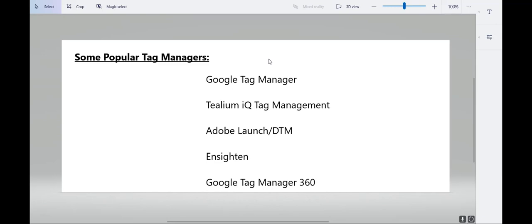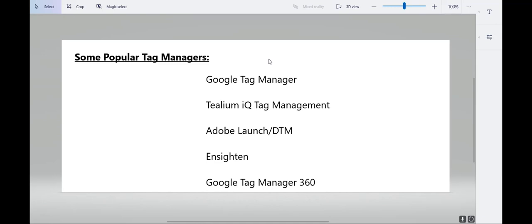We discussed what a tag manager is. It's basically a toolbox where you have all your tags as tools, and how it makes the life of both the IT person and the marketing person easier. Then we saw some things to be careful about, or some things to keep in mind while working with tag managers. Firstly, to use a tag manager which is trusted. Secondly, using the preview mode to your full advantage, like testing again and again to see if there are any